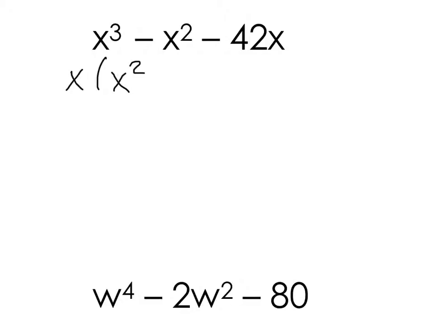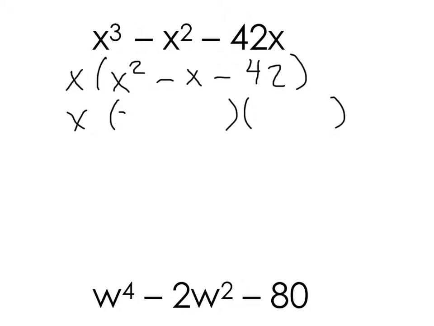We need x squared, because x times x squared will give us x cubed. What times x will give us x squared? x. What about minus 42x? How can we get that? Minus 42. Factor out the greatest common factor, and then factor what's left. We have an x and an x to get x squared. We want minus 42,